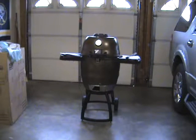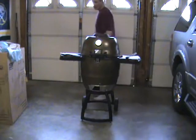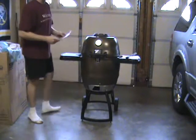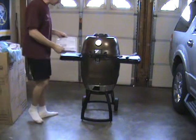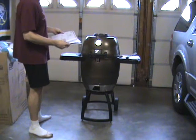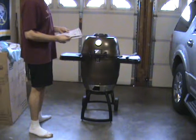Okay, so here's what the Broil King Keg should look like when it's completely assembled. It took me about, I would say, 15, maybe 20 minutes to do this on my own. We'll run through some of these instructions real quick here just in case you have any questions on any of